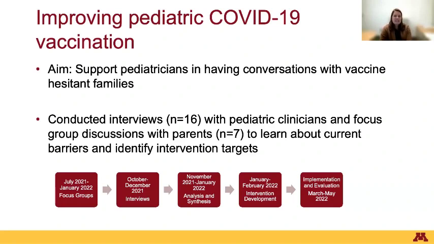I think the vaccine first became available to adolescents in the spring, and then we were starting to gear up, because we knew that it would be approved for younger children, ages 5 to 11, sometime in the fall or winter. And so we started in that summer with focus groups and complemented them with interviews. And when we were thinking about how we wanted to analyze this data, our research questions were really, I don't want to say simple, but very